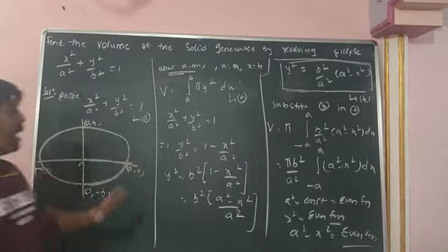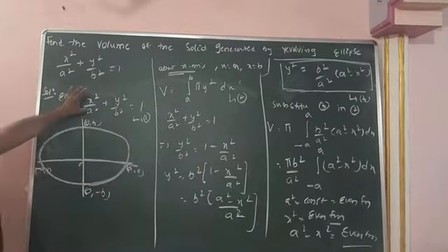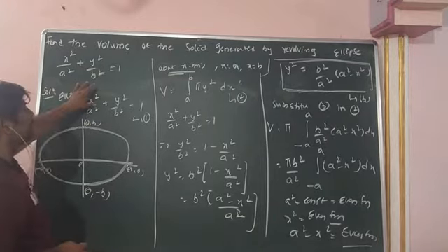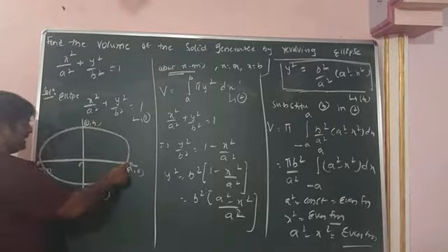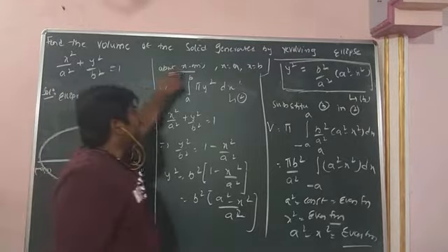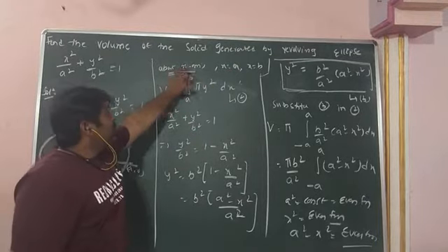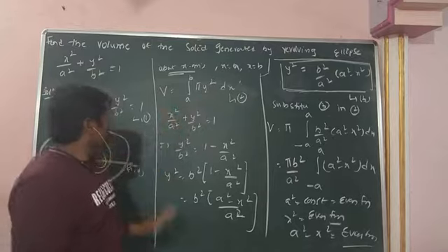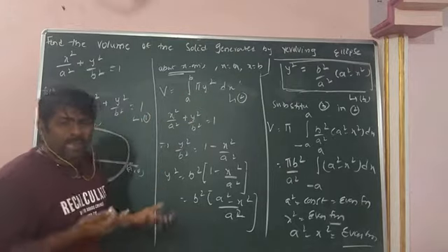Okay. So up to this, we can solve that. This is the equation of the given ellipse, and it is about the major axis. Major axis is nothing but about the x-axis. We need to find this volume with limits minus a to a. About the x-axis, the limits are a to b. What is the formula? Integral from a to b of pi y square into dx. So from that, we need to find b square. That is, we apply the basic simplification.